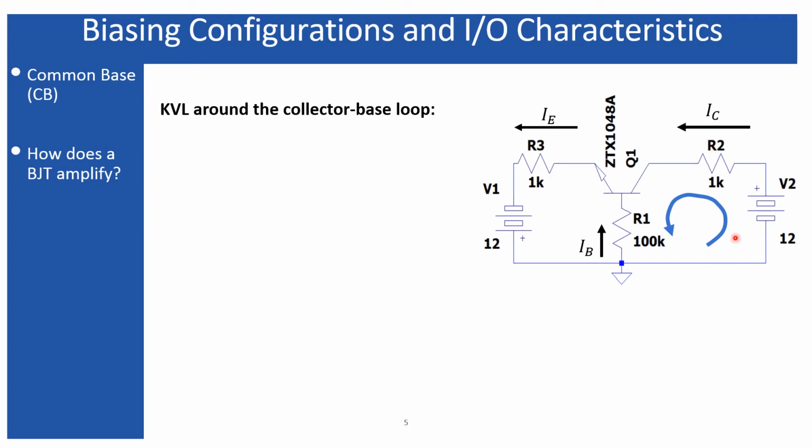So let's apply the KVL as I have done in the previous case. And here I have considered the direction of the current flowing along this, which is parallel to the IC current but opposite to the base current. So in the first equation, I am moving from the negative terminal to the positive terminal at this branch. As I am moving from the lower potential to higher potential, I have included this V2 with a positive sign preceding it. However, you may consider the opposite, a negative sign when you are moving from lower to higher. So that is all regarding the convention.